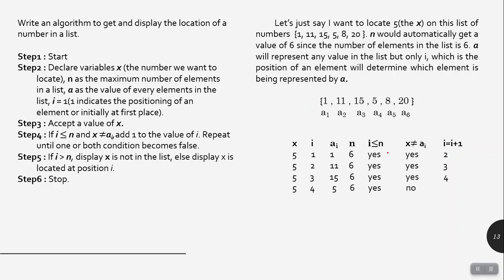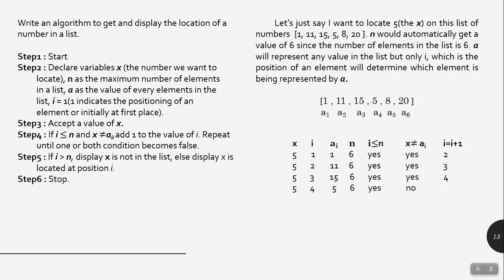And then as we go on in our algorithm, i would become 2, a sub i would become 11, n is still 6, and x is still 5. And then i is equal to 2 and n is equal to 6, so it's yes. x is not equal to a sub i, which is 11, so that's why it's yes. We will increment the value of i by 1, so it becomes